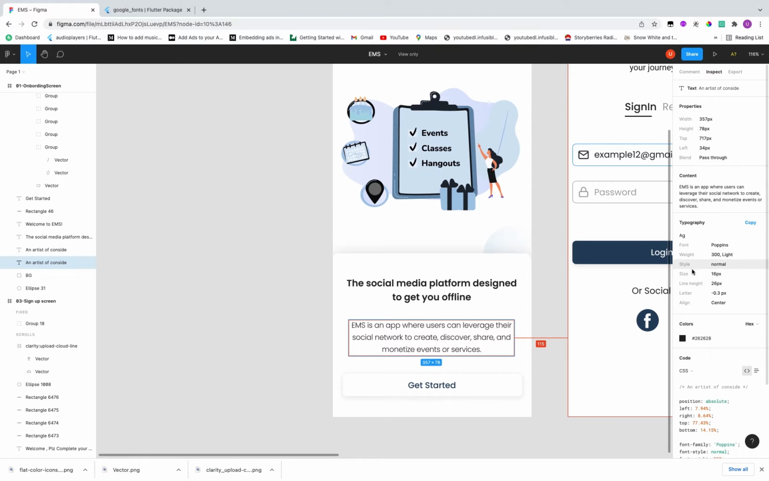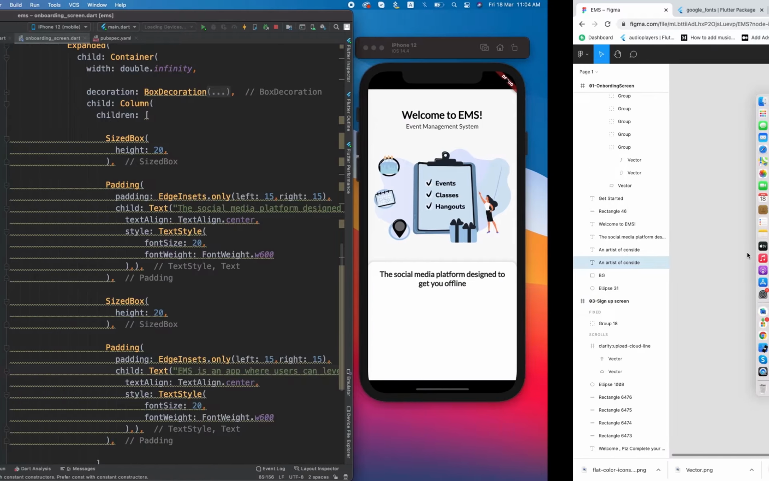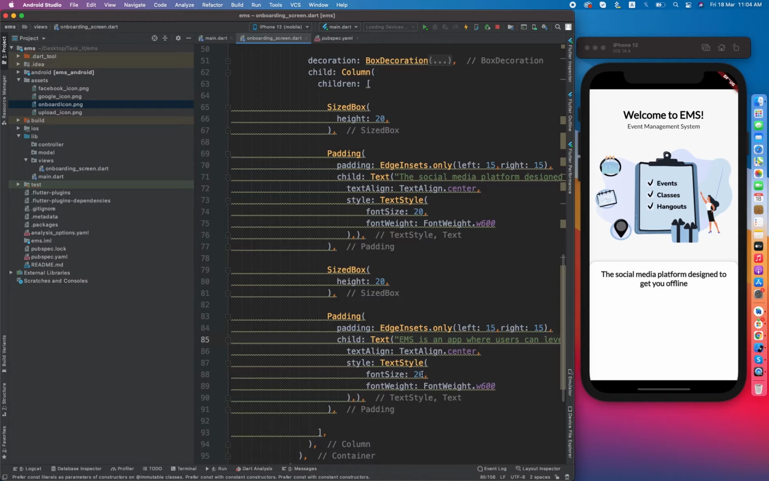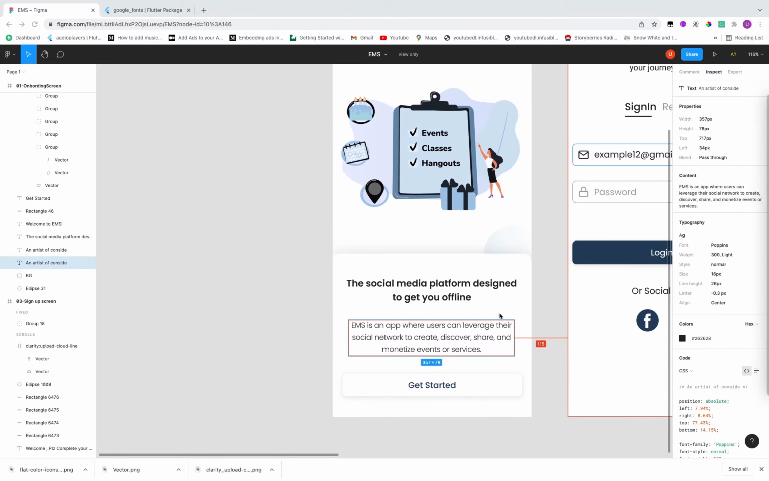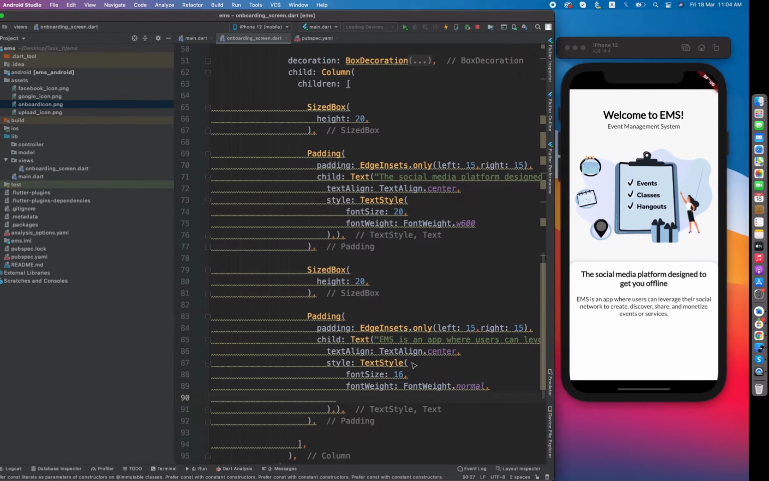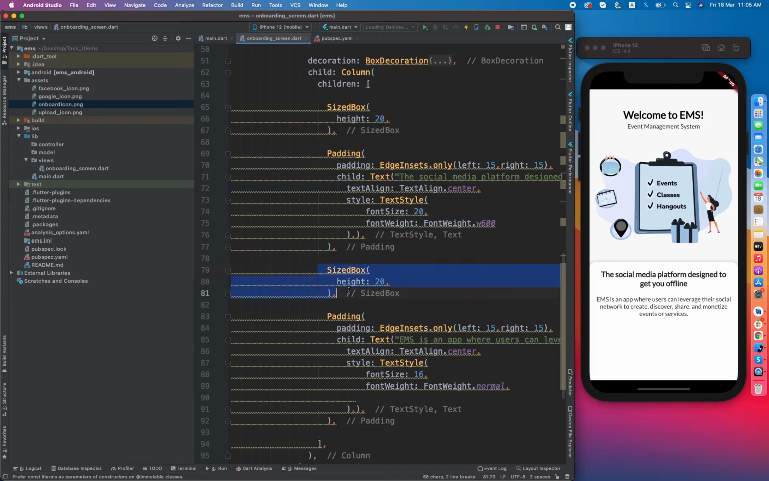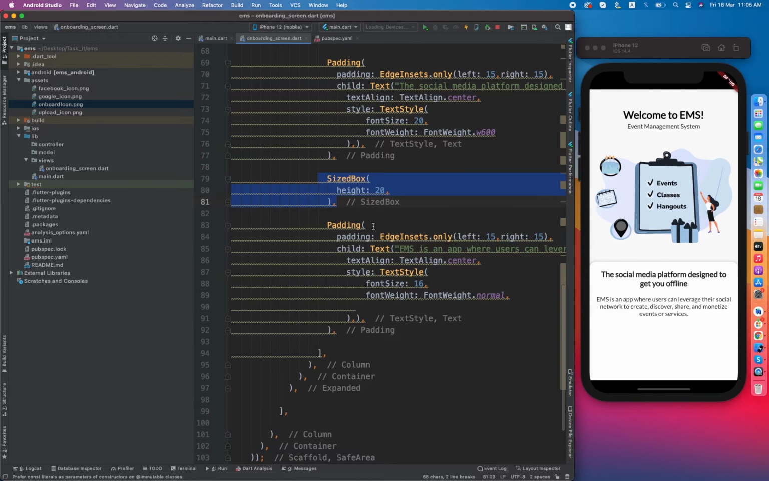So font size is 16 and style is normal. Font weight is normal, and Control S. Another thing is we have to provide this button. Let's add some space between the widgets,